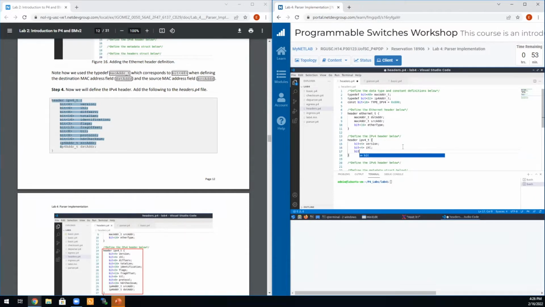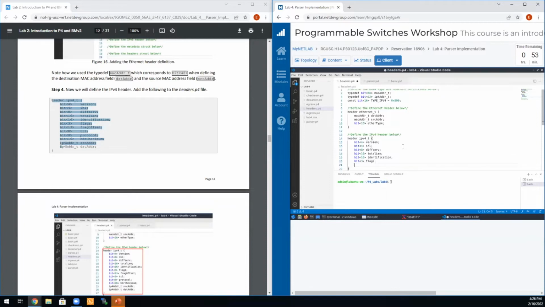And then we have 8 bits for the diffserv, 16 bits for the total length, another 16 bits for identification, 3 bits for the flags, 13 bits for fragment offset,